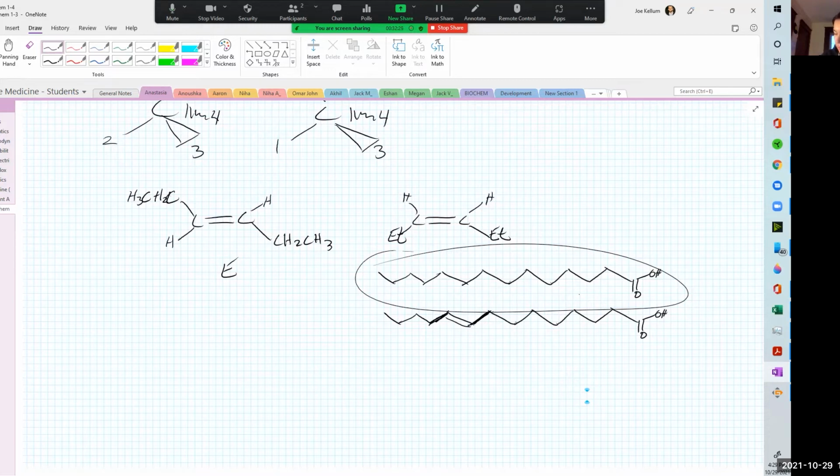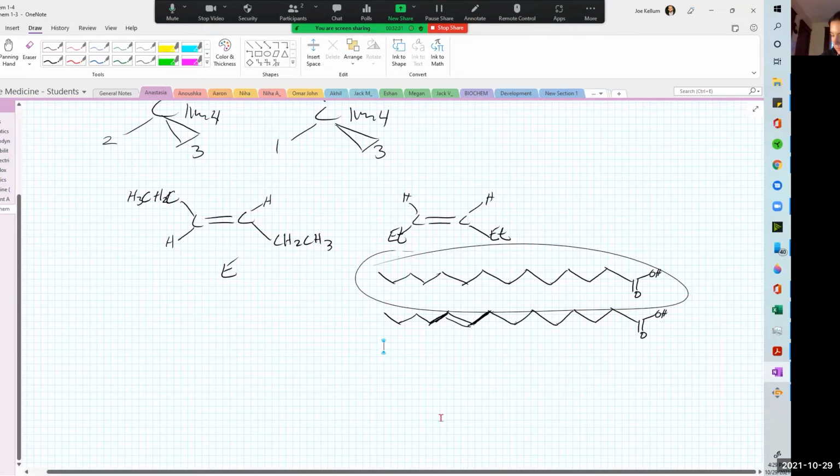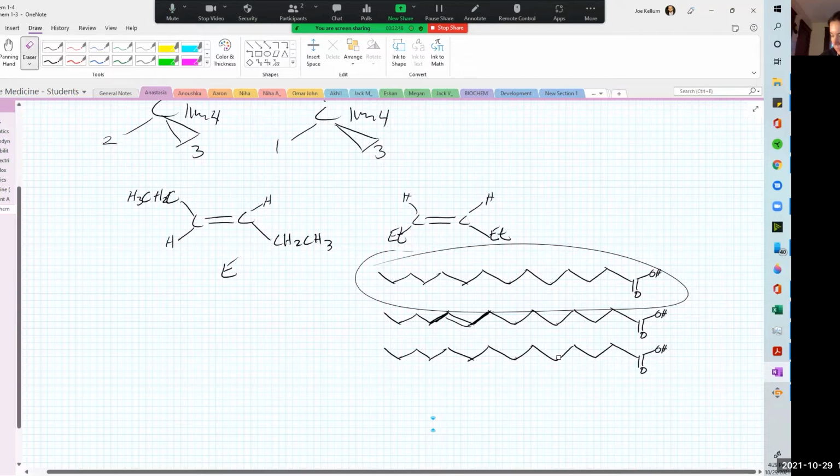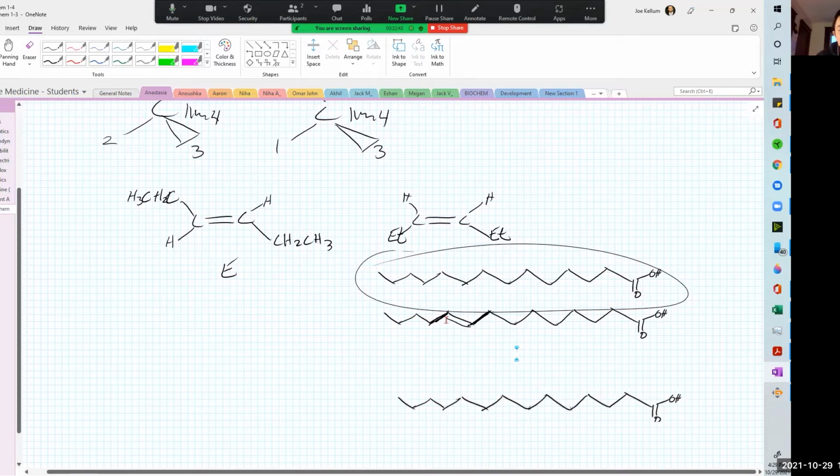Now I'm trying to remember which one you said was which in your answer, because I always think of cis-trans rather than E and Z. And the reason I just wanted to make sure I illustrate why. So if we make this cis, then I'd probably need to scoot it down actually. So if we put it in at that same spot that we put in the other one, right here, if we have to make this a cis bond,